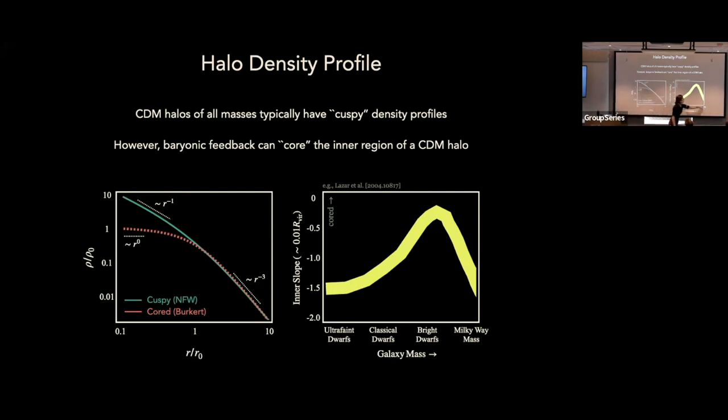When you're in this regime here, so Milky Way mass scales, you do have a lot more gas and baryons there. Feedback is going to be happening, but you have a ton of dark matter that's already there, and so you just don't have enough energy to redistribute all of it. So you just remain cuspy. And it's in this sweet spot here where the feedback is strong enough to effectively move around the dark matter that's inside your dwarf galaxy.